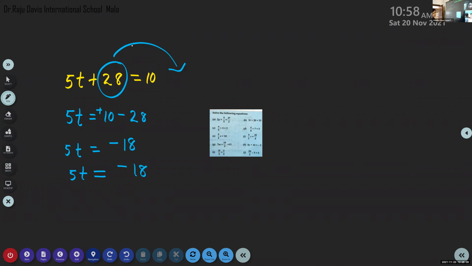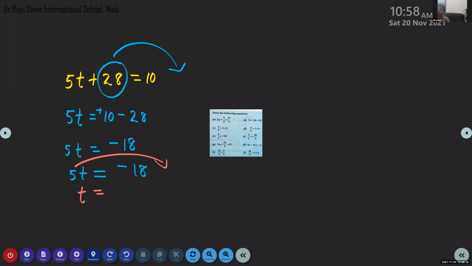What is the next step, Aradhya? It is multiplied here, so we have to divide. This is the numerator. When it is taken to the other side, it will become the denominator. So t is equal to minus 18 by 5. You can stop there. No need to divide and find out the answer. The answer is negative 18 by 5. Okay, come on, next question.